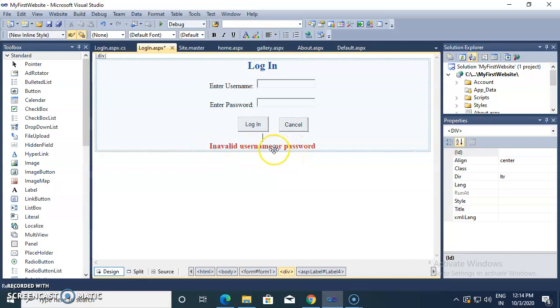Initially this label will not be displayed, but when we want to display this label, we check the username and password. If these values are correct, then we move towards the home page. Otherwise we need to display this label.